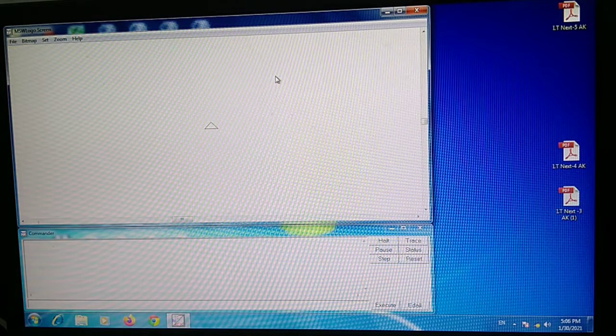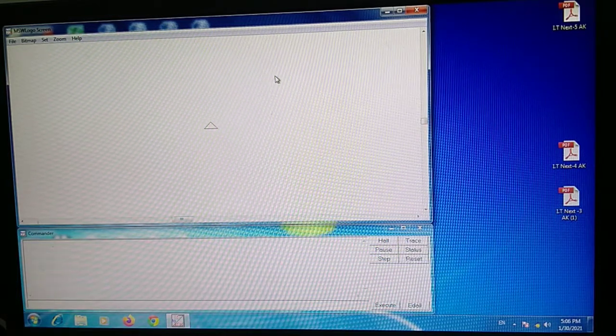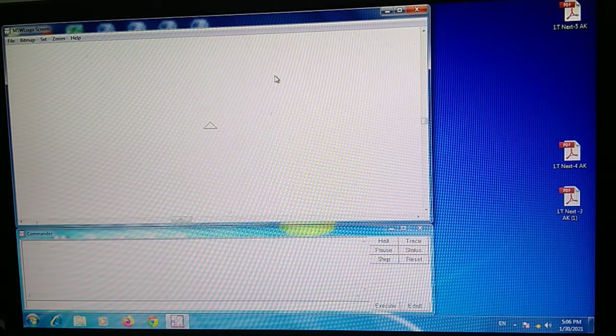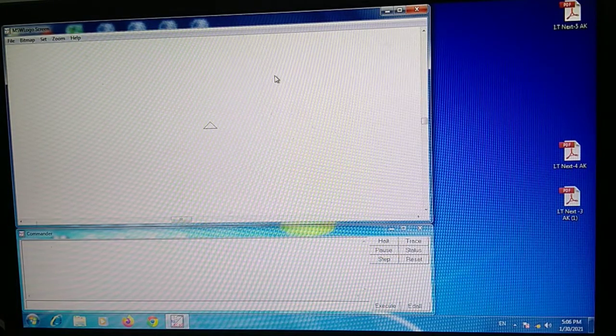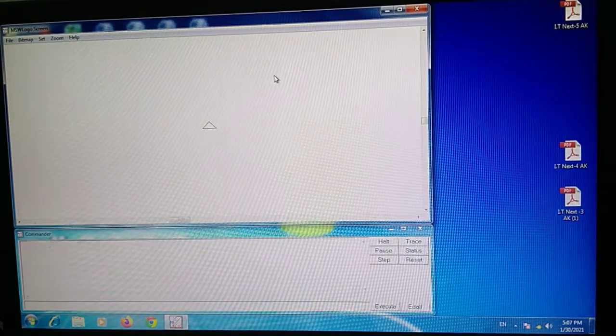After that, today we will study the PU and PD commands. What is the PU command and what is the PD command? The PU command is used to make the turtle stop drawing a line when it moves. Suppose I am writing here